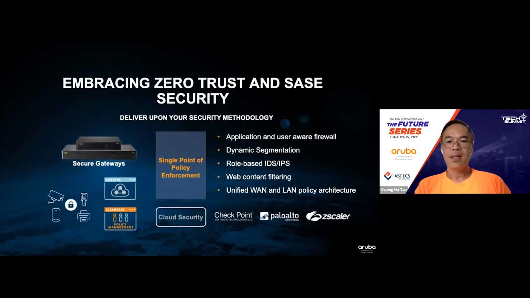Now, the IT team can adopt a scalable edge-to-cloud security needed for the Zero Trust and SASE model. SASE stands for Secure Access Service Edge, and it's a term coined by Gartner. This aims to provide comprehensive security control across the users and even devices that you have. Branch locations are secured using critical security capabilities such as firewall, role-based dynamic segmentation, which I'll talk about in the next few slides, as well as intrusion detection system and intrusion prevention system, IDS, IPS, as well as web content